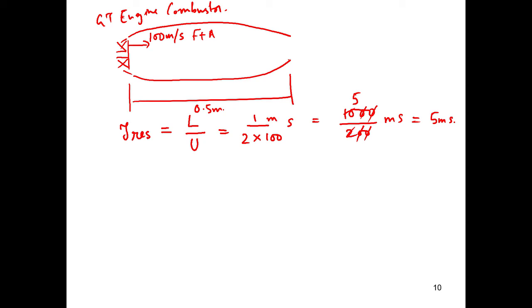This is 1 meter, this was meter per second. So, the time scale available is about 5 milliseconds, whereas you see it is not hugely different from the ignition delay time of Jet A. Okay. So, you have to ensure that the fuel,